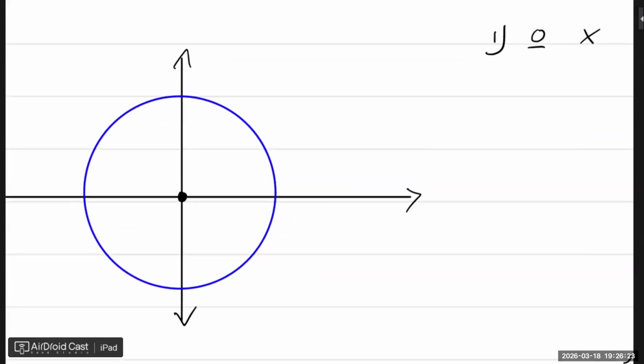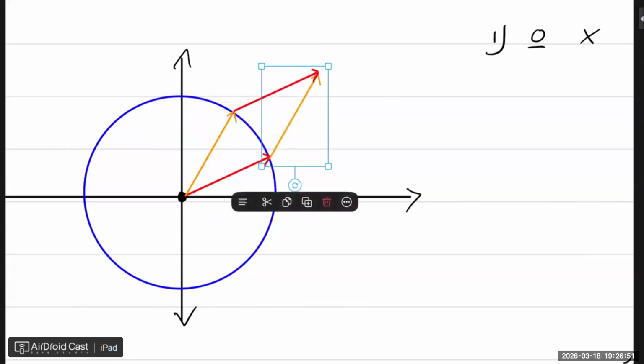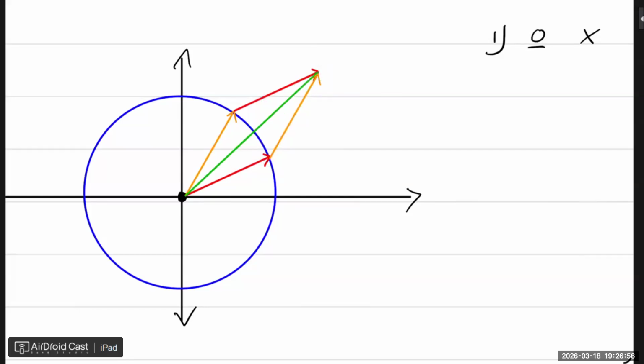But secondly, let's say I had a vector that was up until here. Is that vector on that line? Yes, it is. But let's say I have another vector that's also on that line. Those two vectors. If I were to add those two vectors, the blue after the red and the orange, where will I get? I will get to this green value.